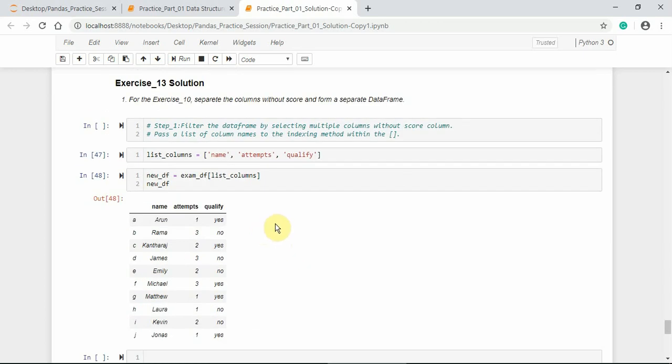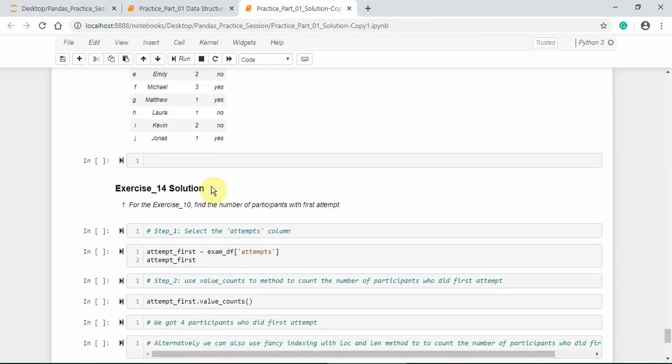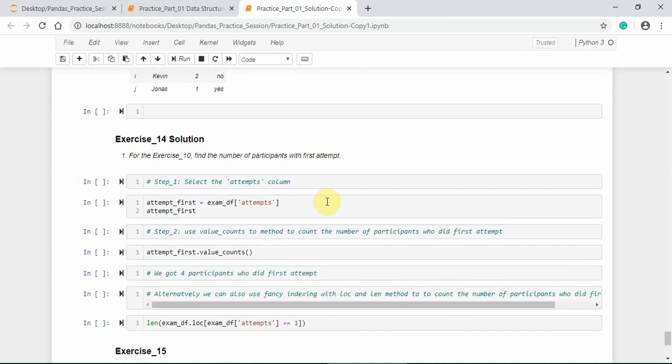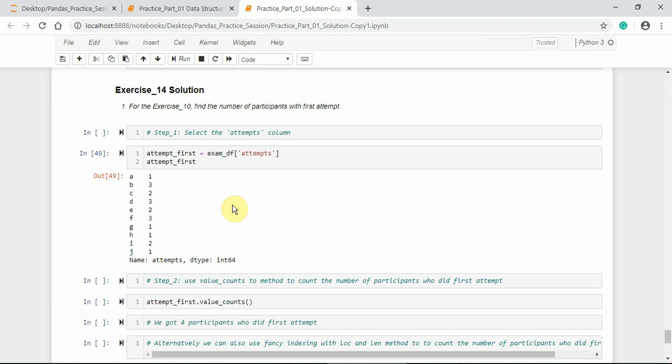Let us move on to the 14th exercise. For the exercise 10, find the number of participants with the first attempt. Let us extract the column attempts first. Here, the column consists of the first, second and third attempts.